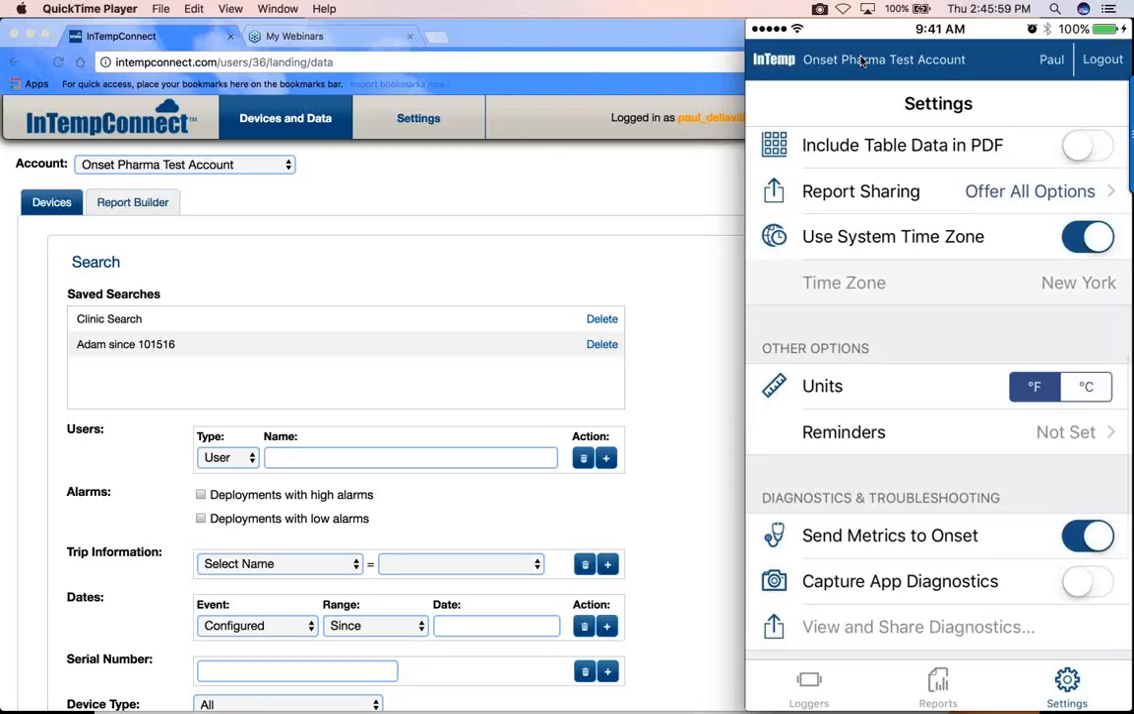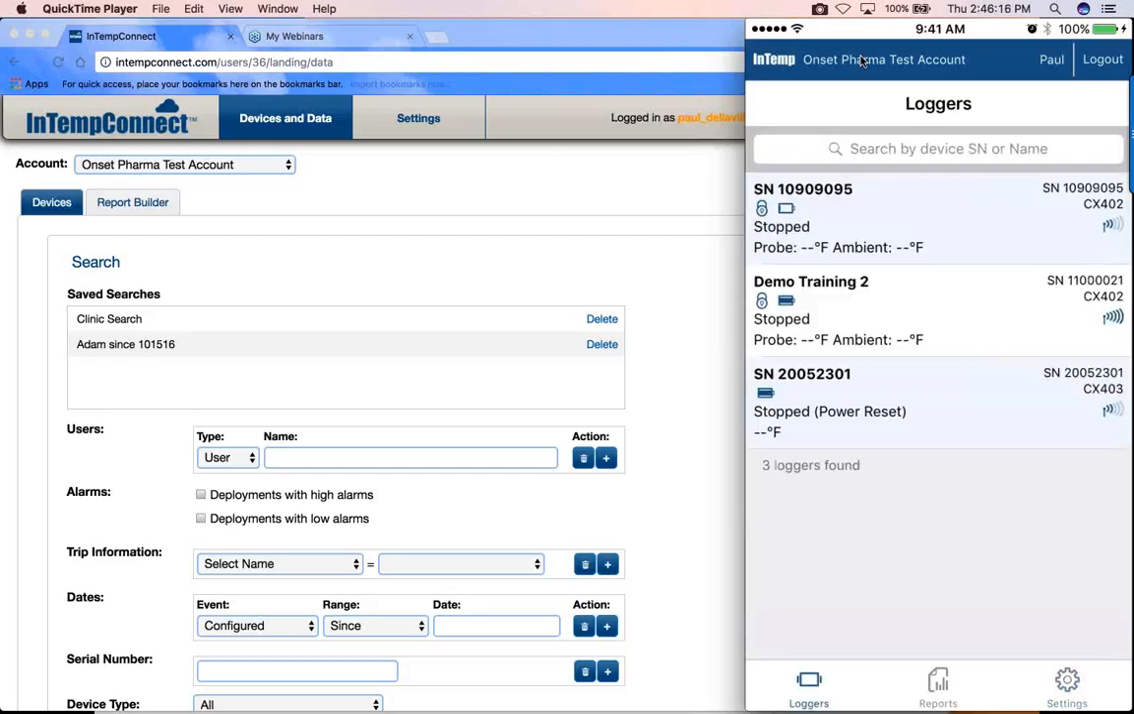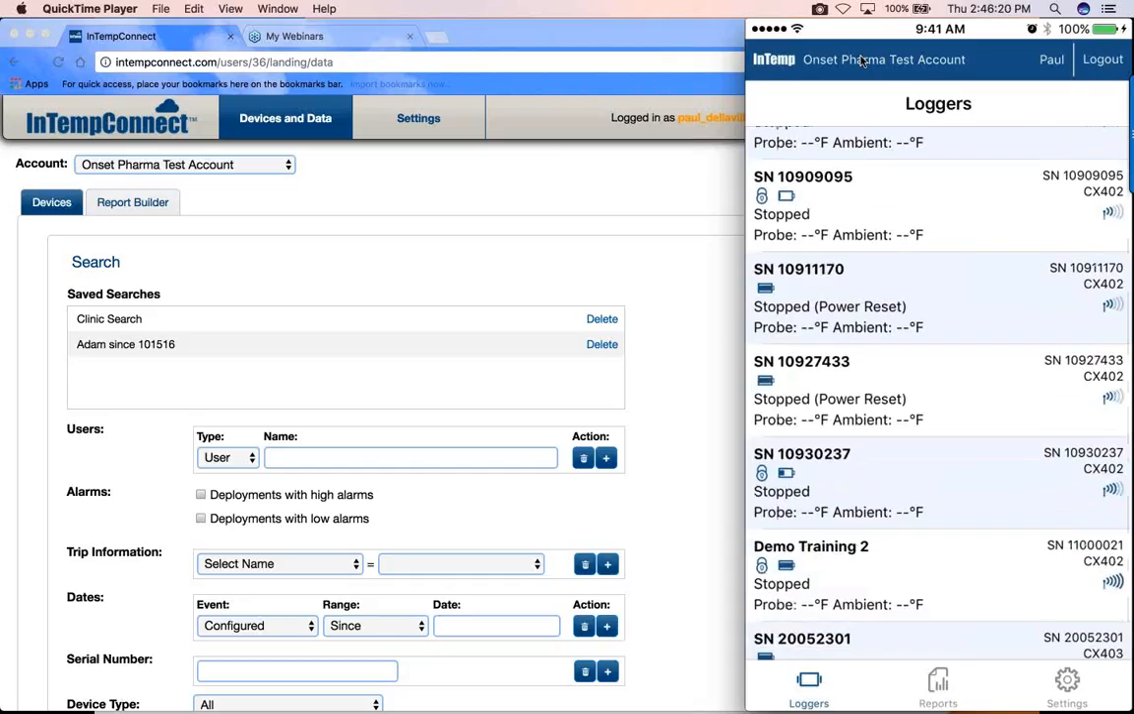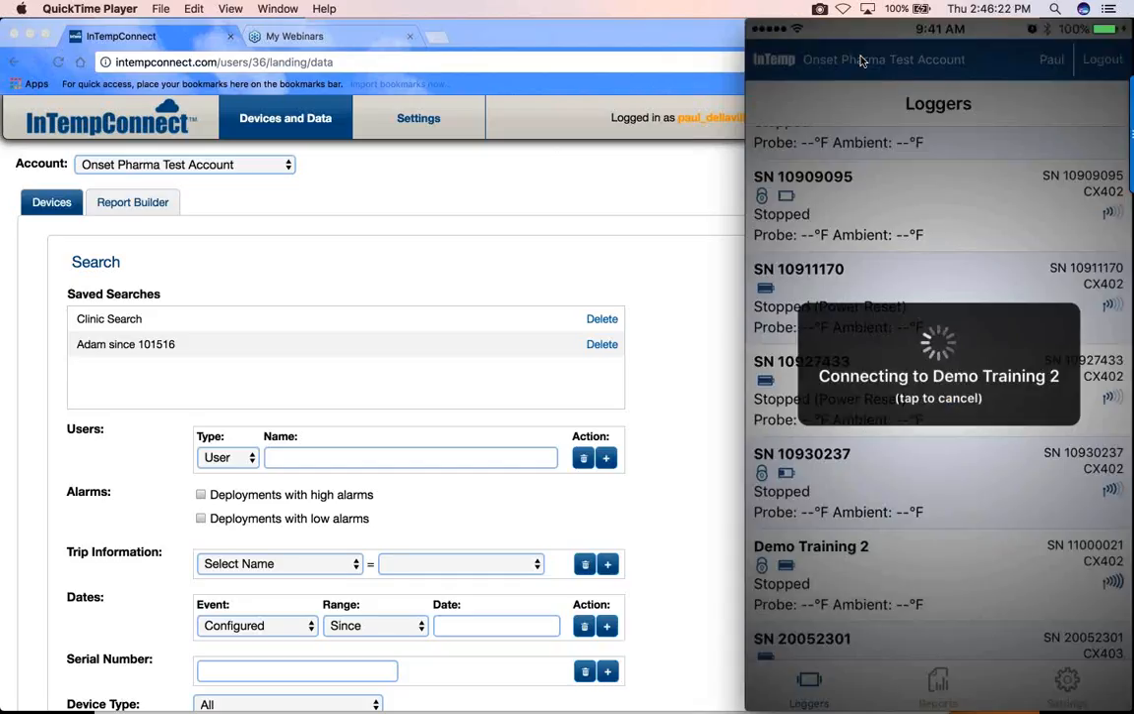You'll notice here, and I think this is pretty interesting, I set my app up to work in Fahrenheit, so all of my profiles will show up in Fahrenheit, while at the same time in the cloud I'm actually working on a Celsius account. So it shows you how flexible it can be depending on what users are using this. So we'll go through the list of loggers, and what I'd like to do is quickly show you how easy it is to connect to a logger,